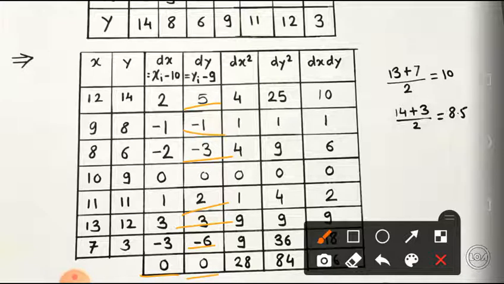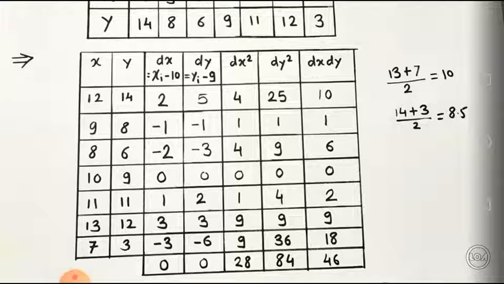Again dx square: 4, 4 is 8, and 1 is 9, and 1 is 10, 9 is 19, 19 and 9 is 28. Then 25, 26, 26 and 9 is 35, 35 and 4 is 39, 39 and 9 is 48, 48 and 36 is 84. And in the last column there will be 10, 1 is 11, 6 is 17, 17 and 2 is 19, 19 and 9 is 28, and 18 is